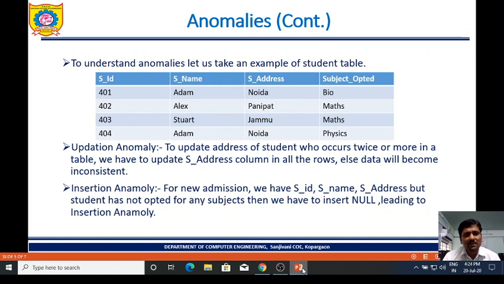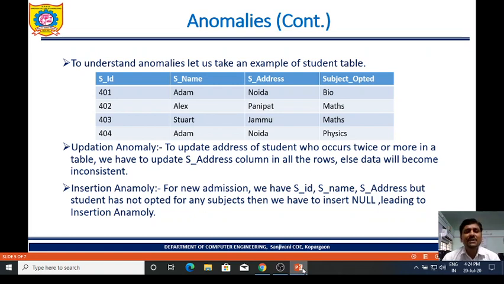Student name Adam will appear 2 times with SID 401 and 404, different IDs, subject wise. To update the address of student Adam who occurs twice, we have to update the address column in all the rows, else data will become inconsistent.